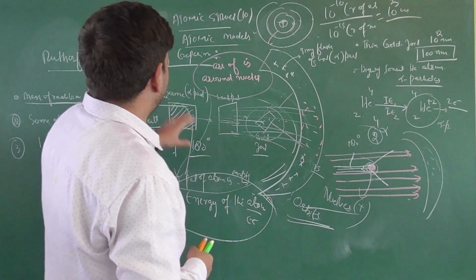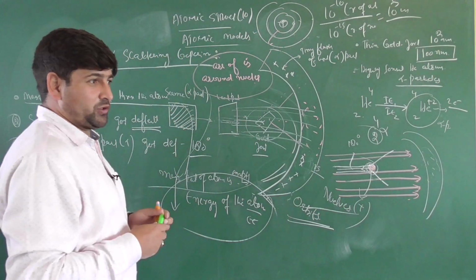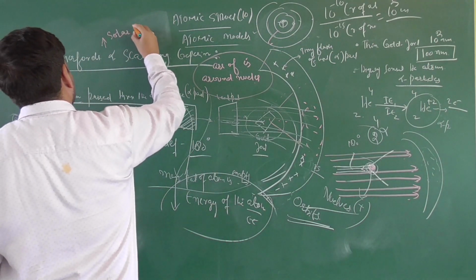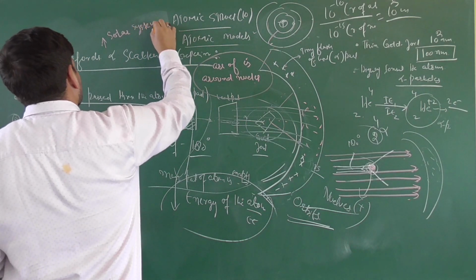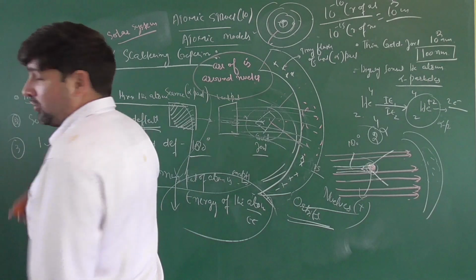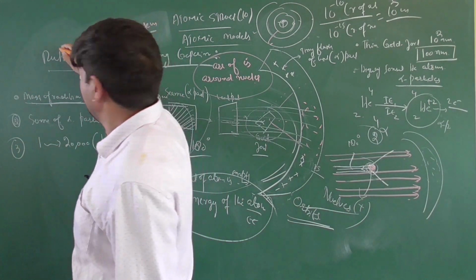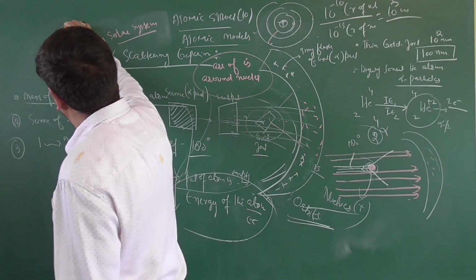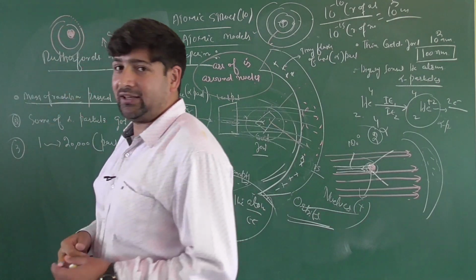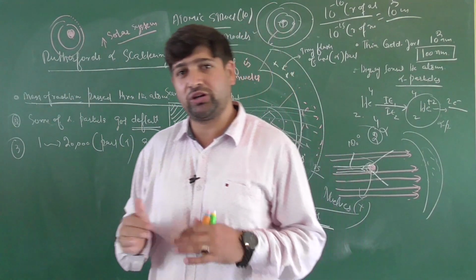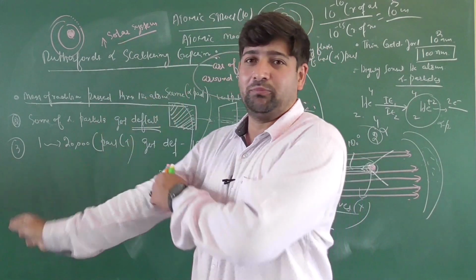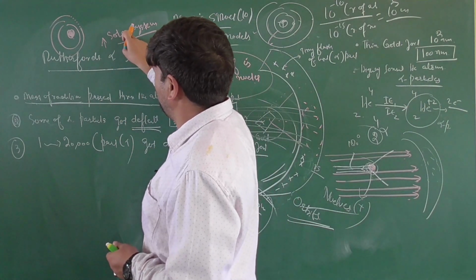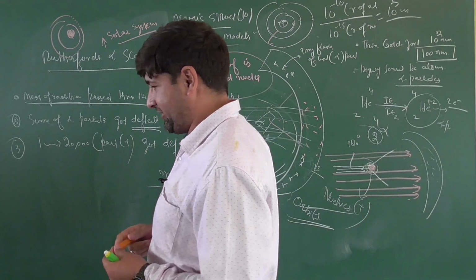See, you can consider Rutherford's alpha scattering experiment to that of solar system. In which, what do we have? In which we have sun in the middle, and planets are rotating around it by converting gravitational force into the circular motion here. So we call that centripetal and centrifugal force. That I will deal in Bohr's model of an atom. However, this doesn't hold true for Rutherford's model of an atom. I'll tell you the reason for it.